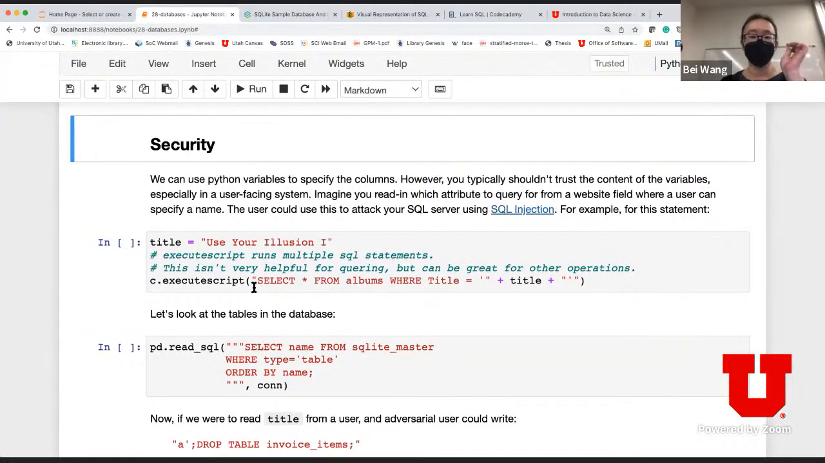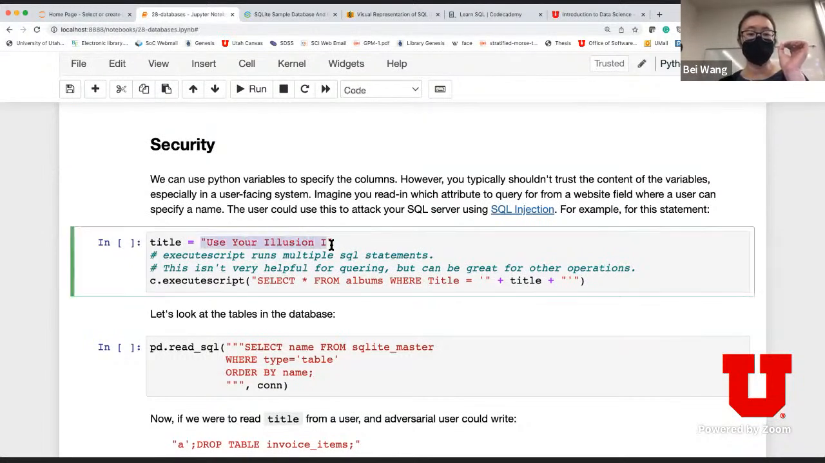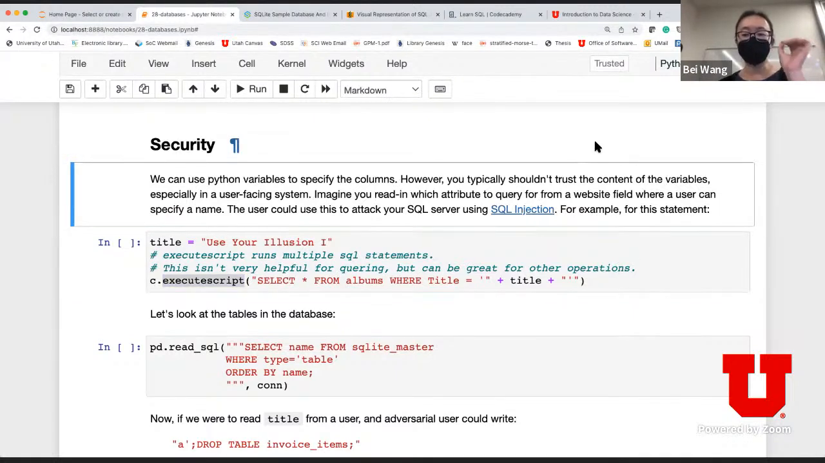is executing. For example, you want the user to be able to say, I want to query all the albums, so that the user will provide a specific title. And this looks fine. So if the user says "Use Your Illusion 1" as an album title, then I can execute this SQL query as select everything from album where the title is equal to the user-provided title. But the problem is this leads to what's called SQL injection,